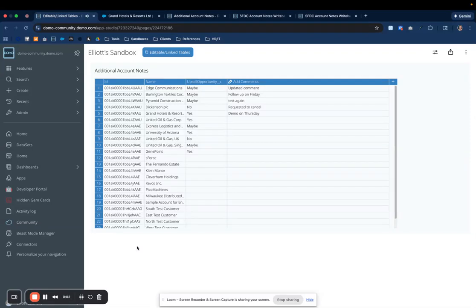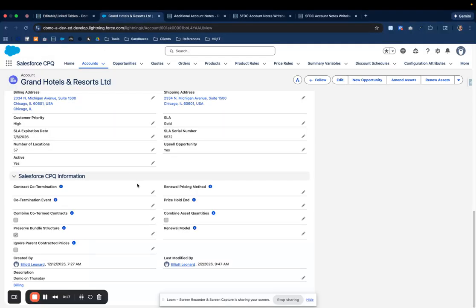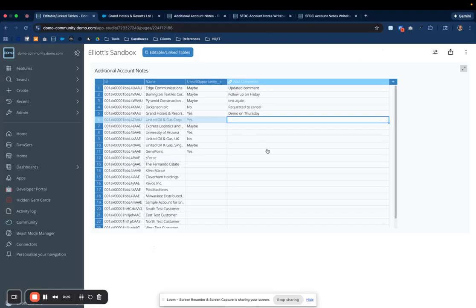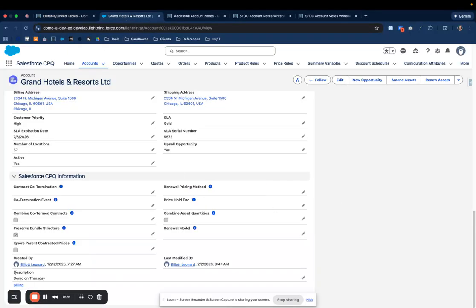Hey, so in today's video, I'm going to show how you can create an editable data set that actually writes back to your source system. In this case, what I'm going to show is the new editable linked table in Domo and how once you add a comment in this column, it'll actually go back and update your Salesforce. Just to show you, I wrote a comment in here that said demo on Thursday for this account. And then what's happened is Domo has updated the description field in Salesforce with what I put